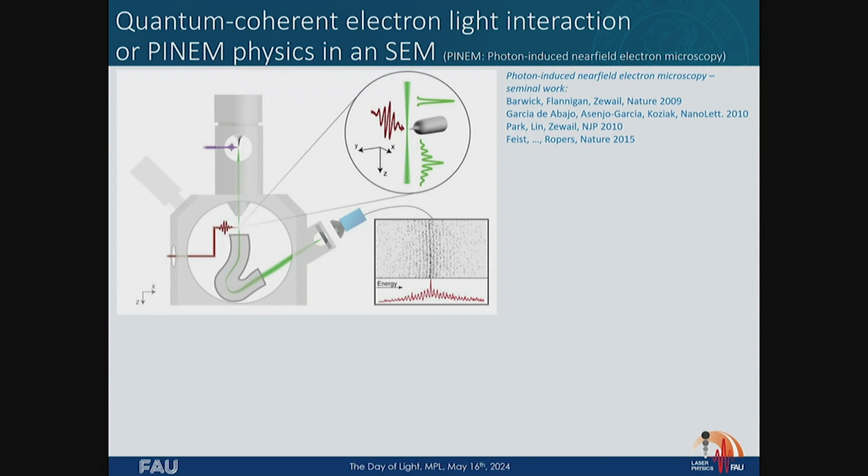So we see here, these are the electrons that basically didn't interact with the laser field. Some of them gained energy, some of them lost energy, but quantized in terms of photon numbers, which is of course great. There's an entire field now which has started with something called photon-induced near-field electron microscopy, pioneered in the group of the late Ahmed Zewail. And now there's this really big, developing field that is aiming at coherent coupling of electrons and light.